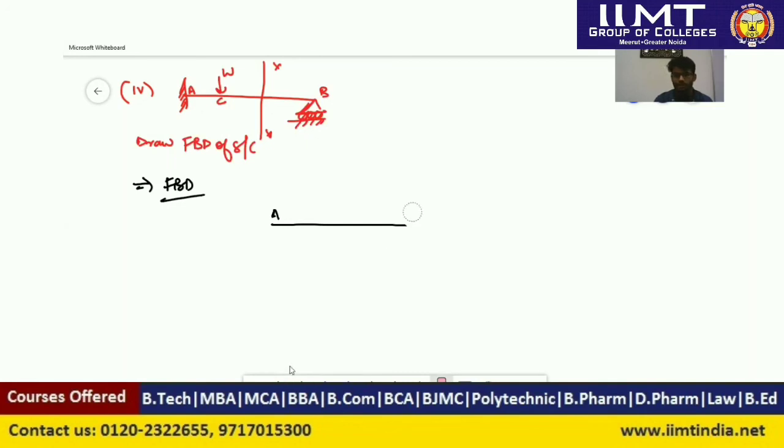One is AX and the other is XB. Suppose this section that we have cut is XX, so I am taking it to be X, and the other is XB. The load is acting at point C. Since the support A is a fixed support, the number of support reactions in 2 dimensions is 3.